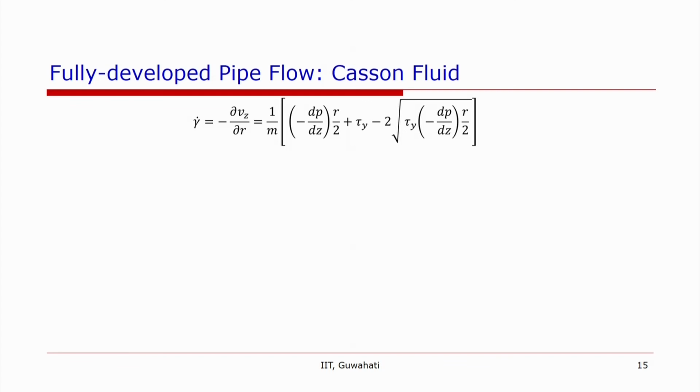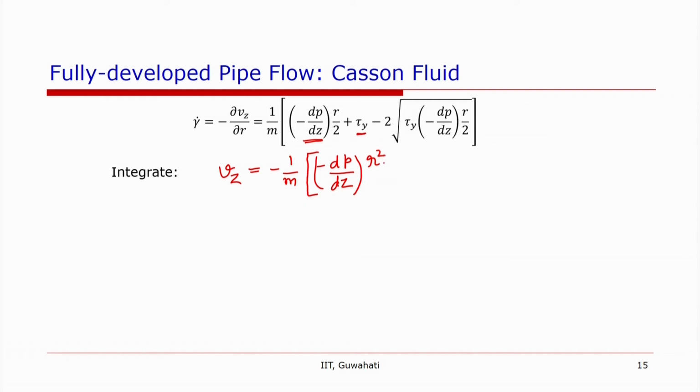So let us now integrate this equation, because the right hand side has only R or constants, because yield stress and the pressure gradient both are constant and independent of the radius. So we can integrate this to obtain Vz is equal to minus 1 over m within bracket minus dp by dz